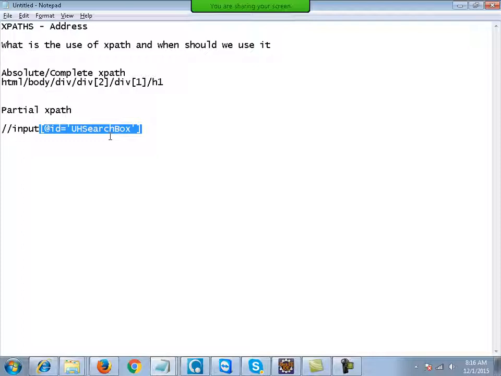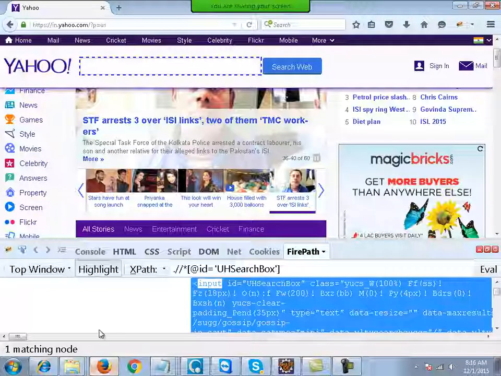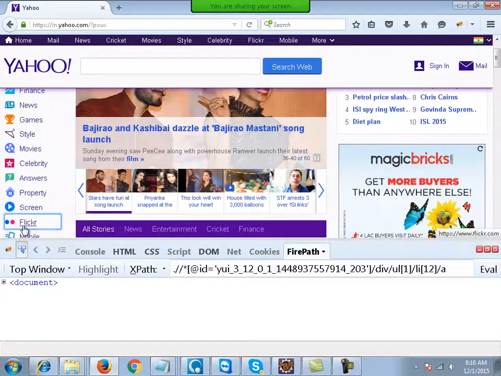Okay, right. So this is what partial XPath looks like. Now every time you will not get this fancy kind of a partial XPath. You will have to work your way out at times, right? What you will have to do is that, for example, if I go and look at